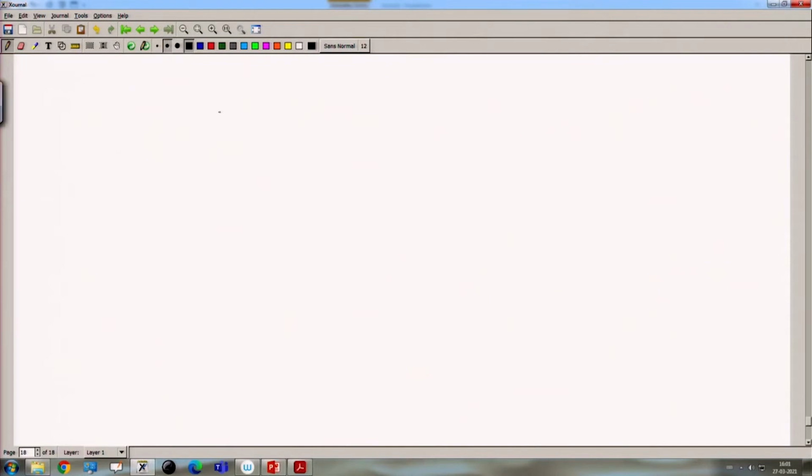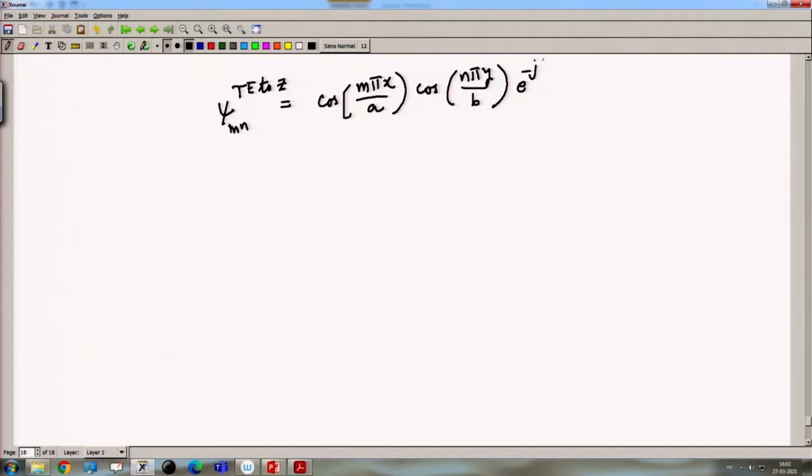So, therefore, the psi function for the m nth mode corresponding to the transverse electric to z field is given by cos m pi x by a, cos n pi y by b, e to the power minus j k z z. We call this equation 45,